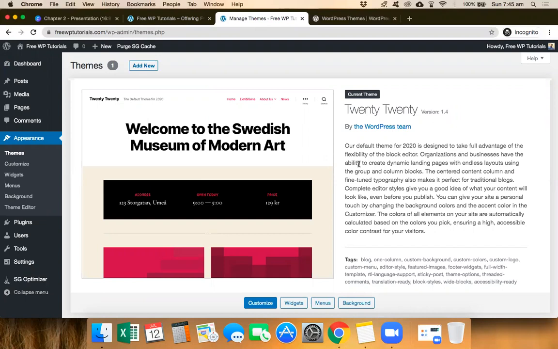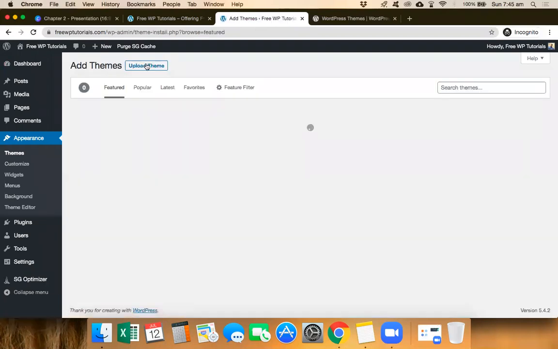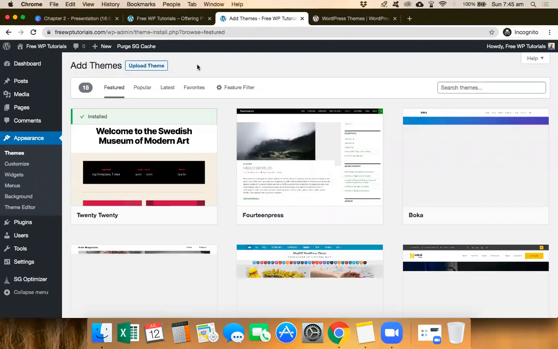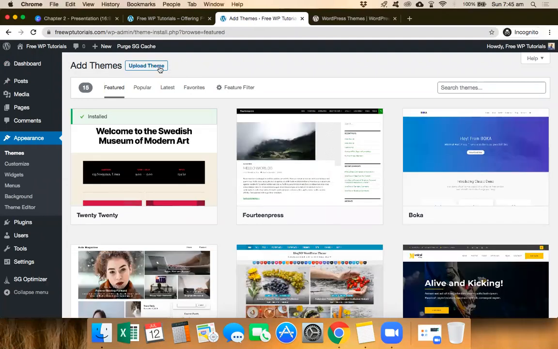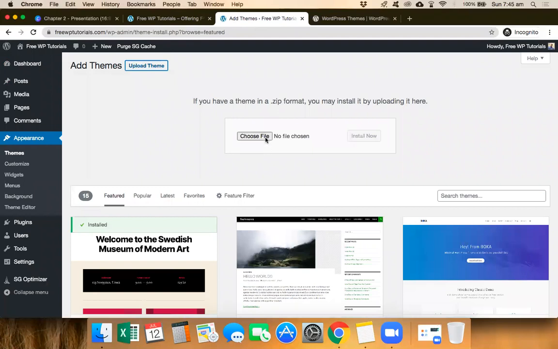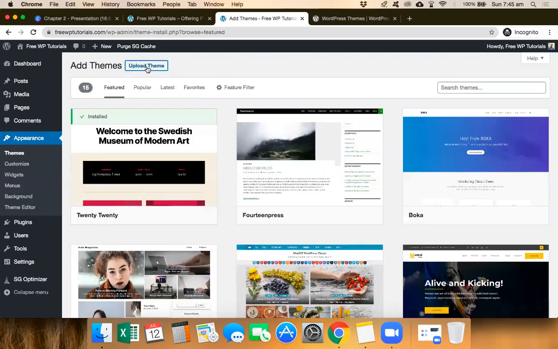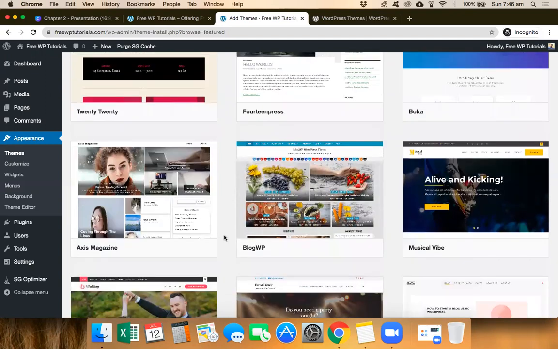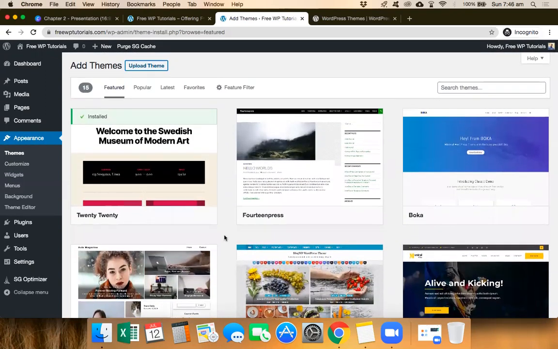Now, how do you add a new theme? Just go ahead and click on Add New here. Once you click on Add New, like I mentioned for the plugins as well, you can click on Upload Theme, choose the file and Install Now. This is exactly the same way we have done for the plugins. Now, let's go ahead and see what themes are actually available. You can see some of the featured themes which I mentioned. Any theme that is very close to your line of business, you could select that and install it.